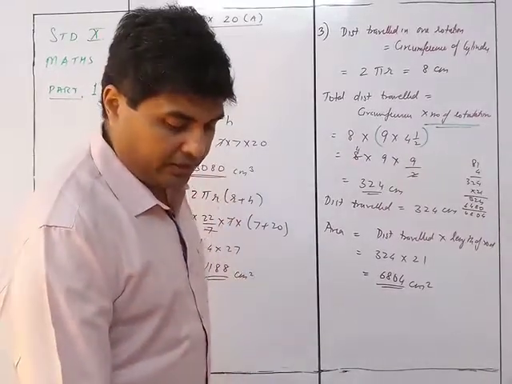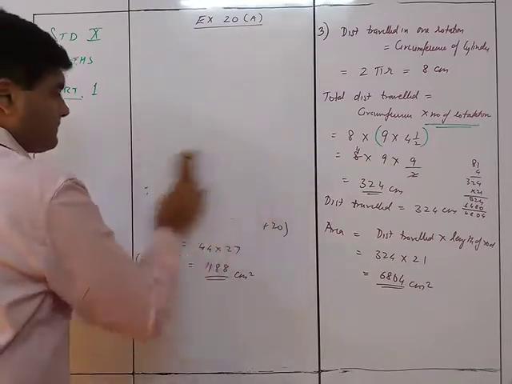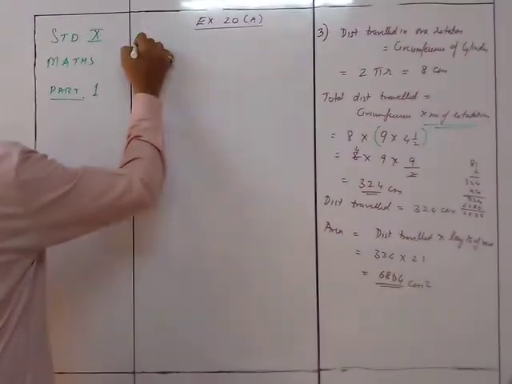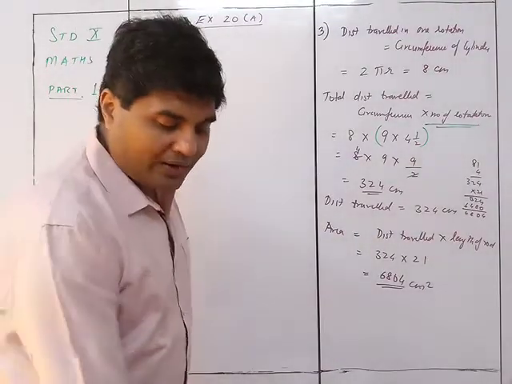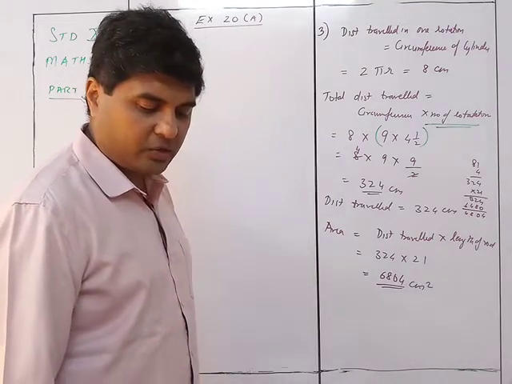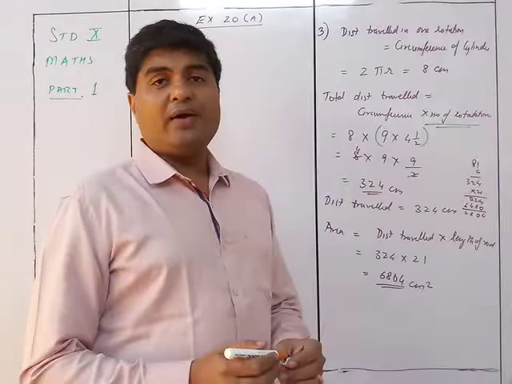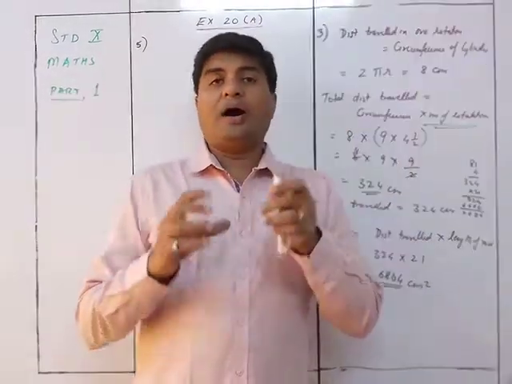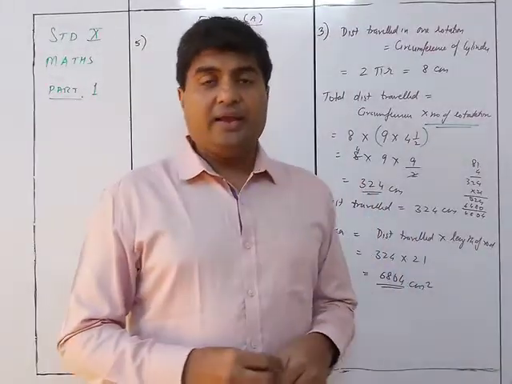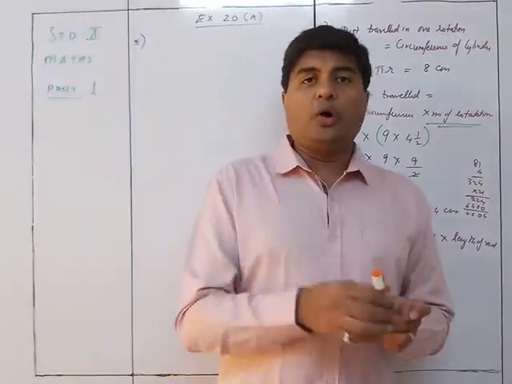Okay, now we move on to the next question, question number 5. What length of the solid cylinder 2 centimeters in diameter must be taken to recast a hollow cylinder of external diameter 20, thickness 0.25 centimeters and 15 centimeters? So you have taken a solid cylinder, melted it and converted it into a pipe, that is nothing but a hollow cylinder. From a cylindrical rod we made a pipe. So we know that the volume of both will be the same.